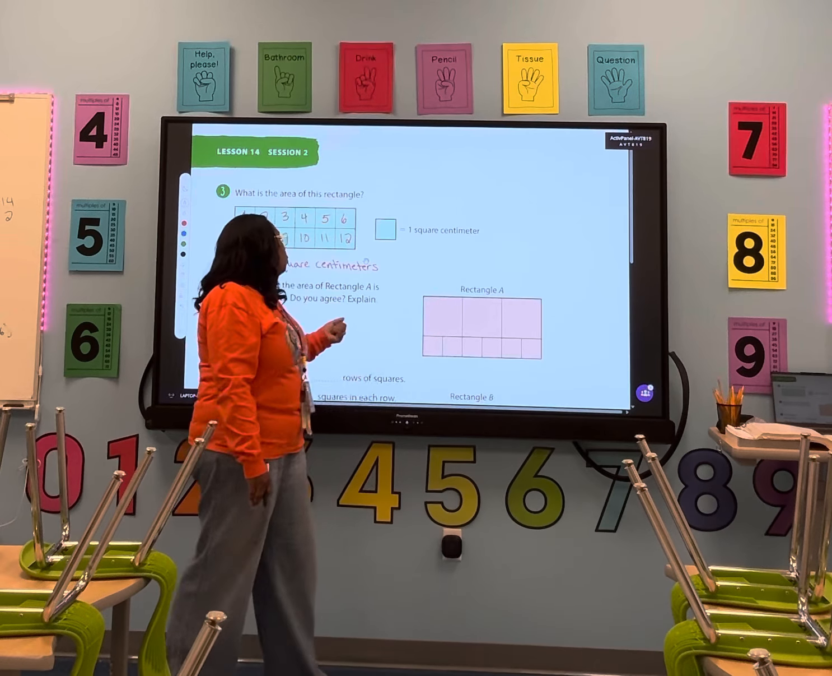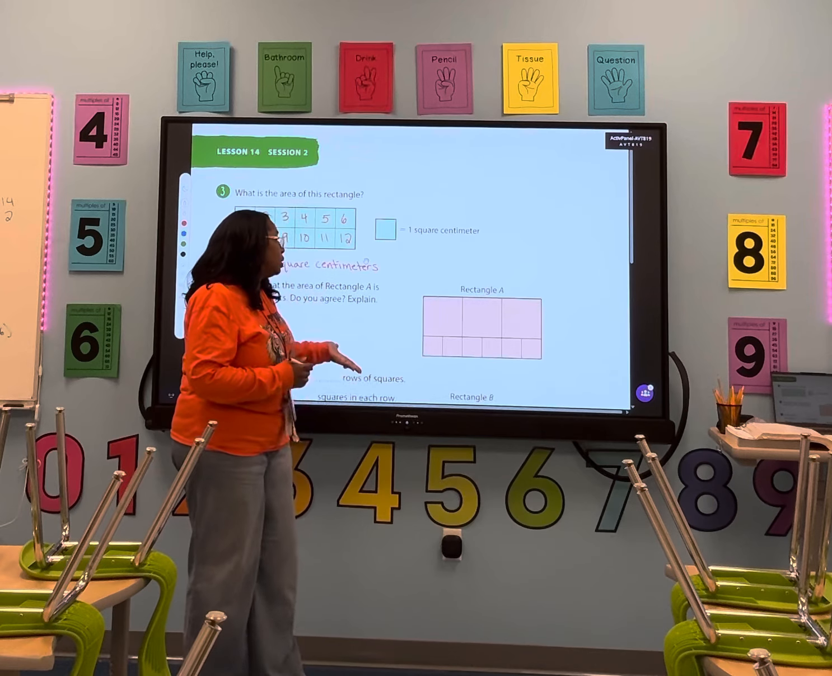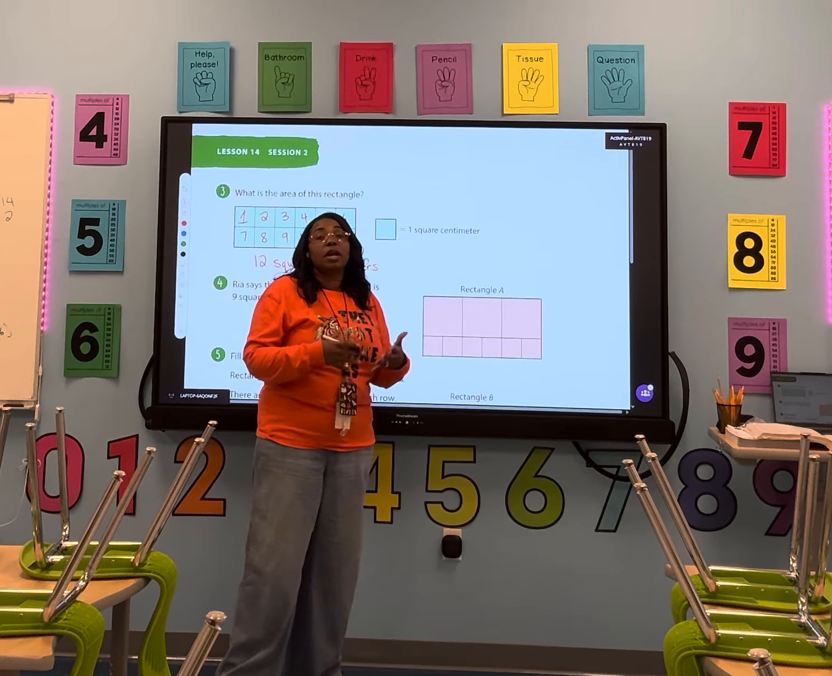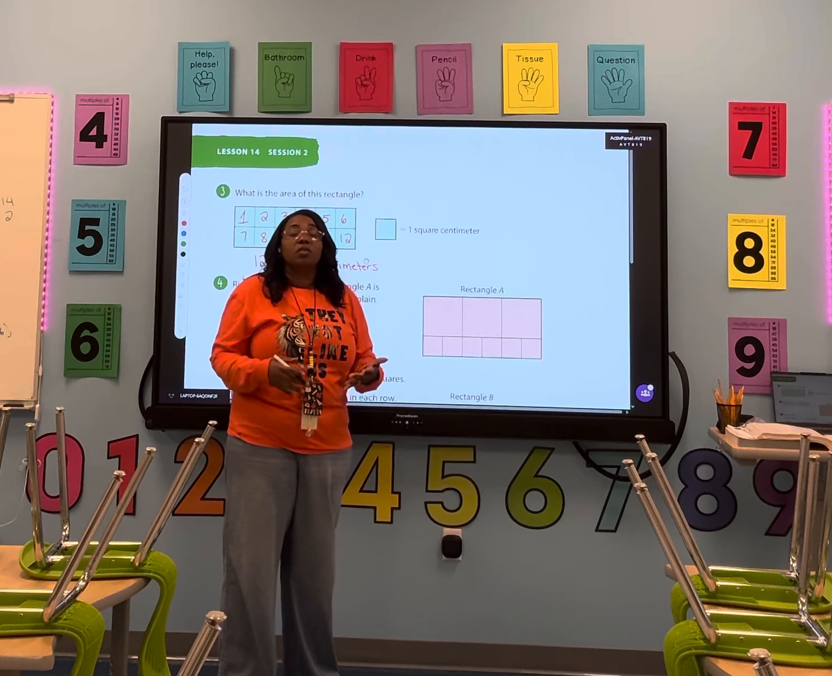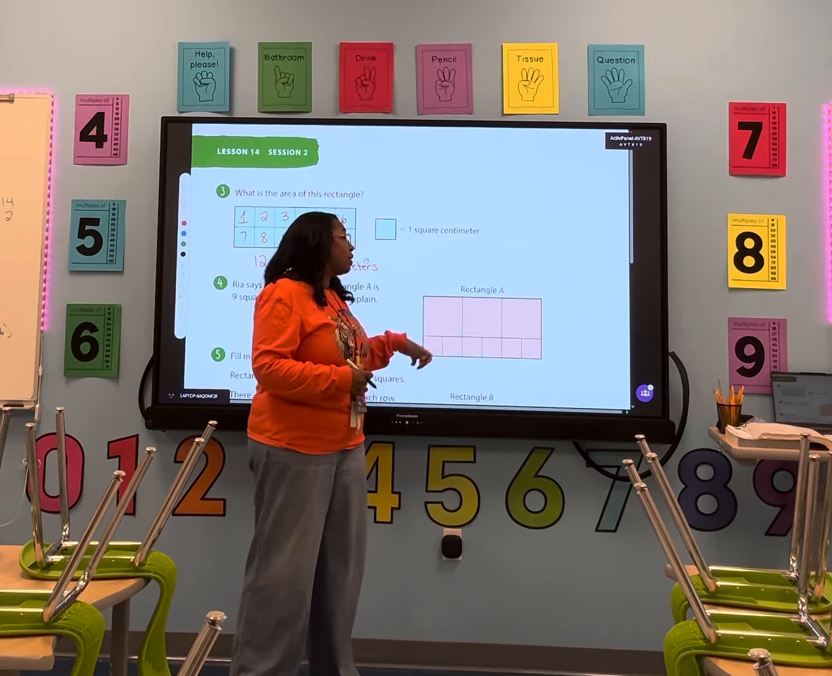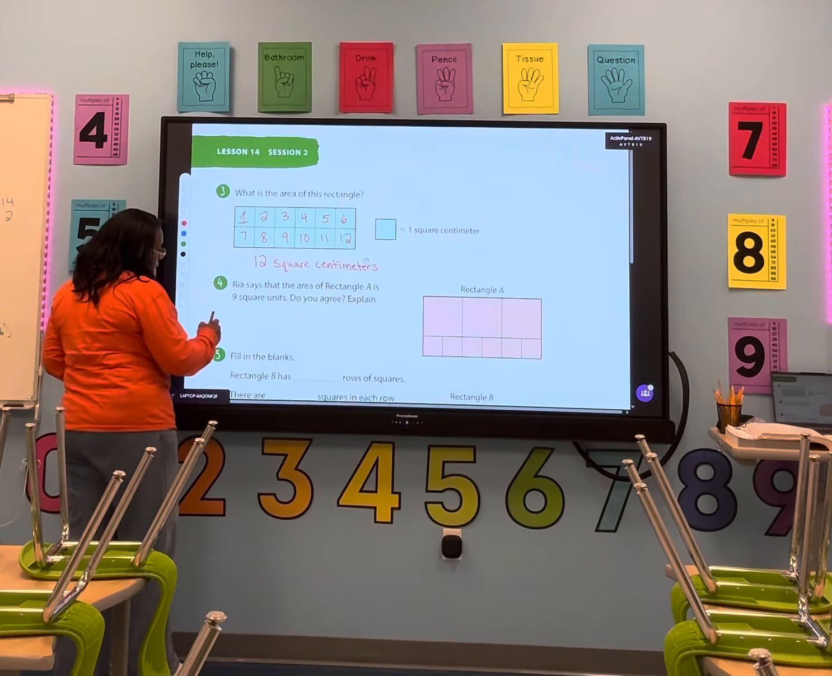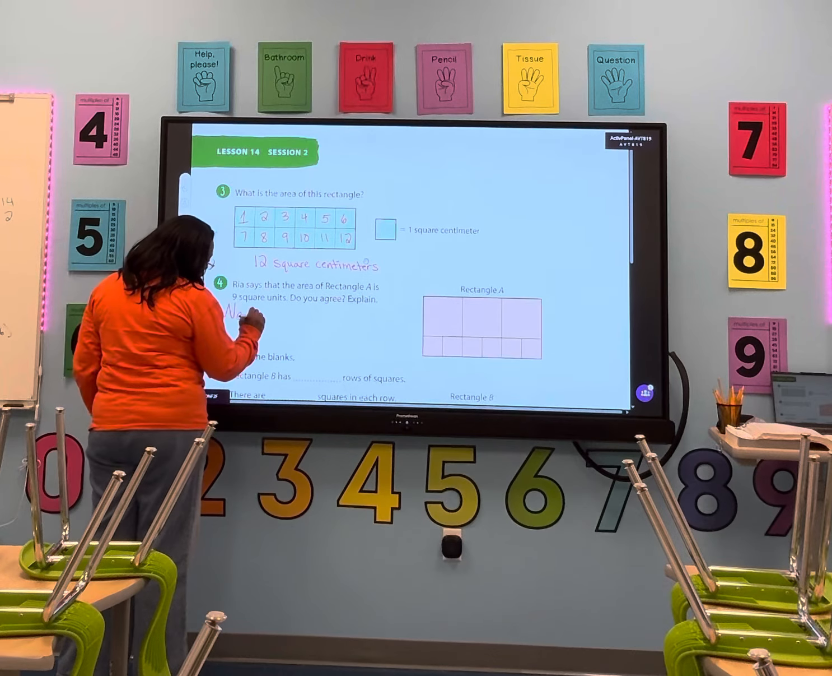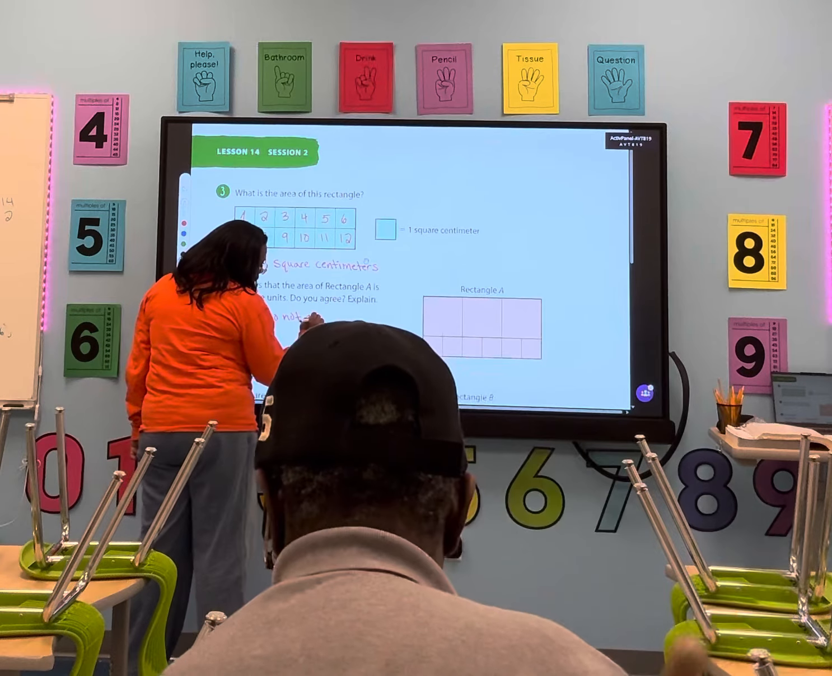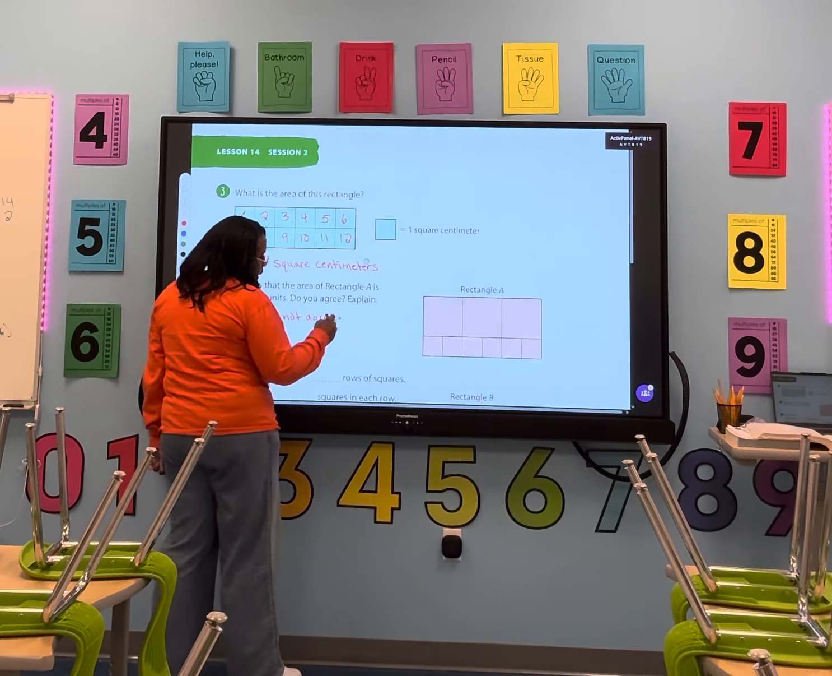So we can't find out what the area of this particular rectangle is using these squares because they are not all the same size. In order for us to figure out the area, we would have to use all inch blocks or we would have to use all centimeter blocks. So the correct answer with this would be no, I do not agree. And they want us to explain why we don't agree, and it's because